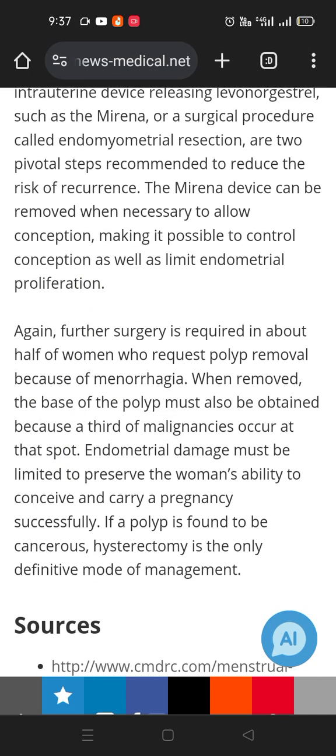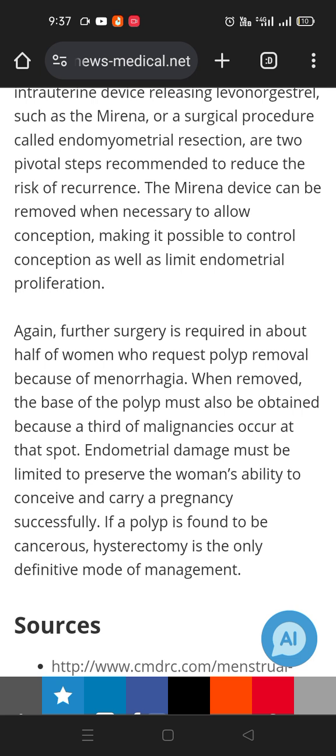Ultimately we have to see if the patient has any source of estrogen, such as being put on HRT, or any other risk factor like diabetes, hypertension, or obesity. All risk factors have to be managed, and also we have to counsel the patient regarding the recurrence. The exact management is polypectomy along with endometrial sampling. This was all about polyps, and these are a cause of abnormal uterine bleeding.